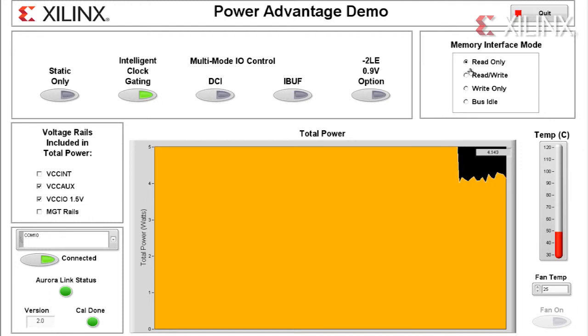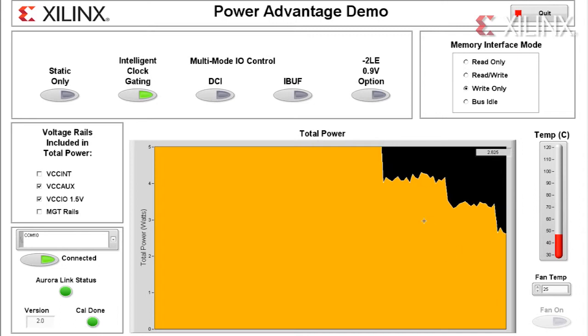because it needs to input the data from the memory. Now if we go to read and write, the 7 series devices, the Kintex 7 and all the 7 series devices, have the ability to dynamically turn off the DCI termination and the input buffer, the reference receiver, when it's being output to the memory. So in the read-write case, you're saving some power from the read-only case because you can turn these off dynamically. On the write-only case, you save even more power because instead of being 50% on, 50% off, it's off 100%